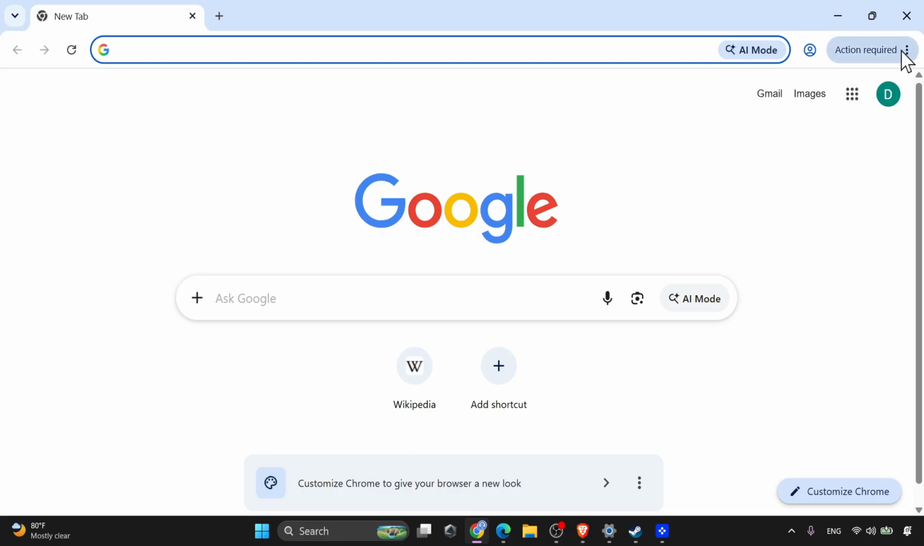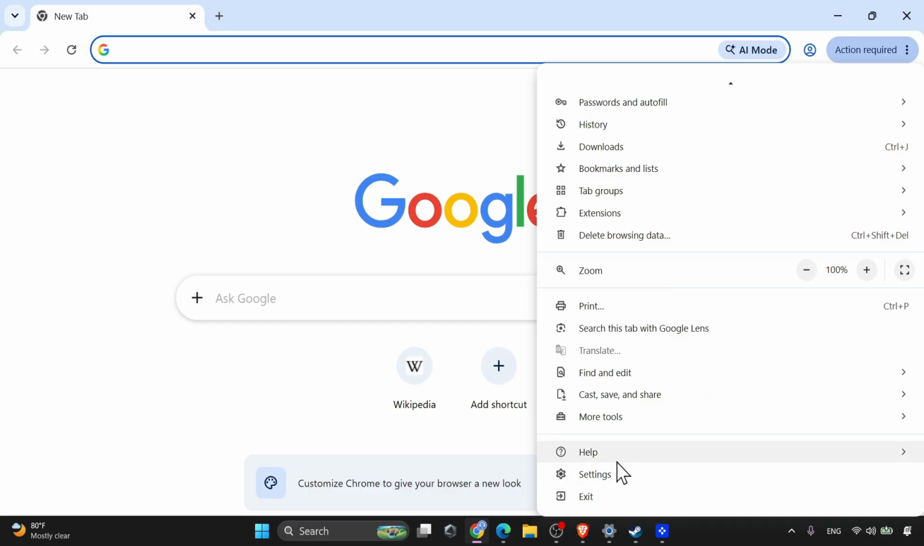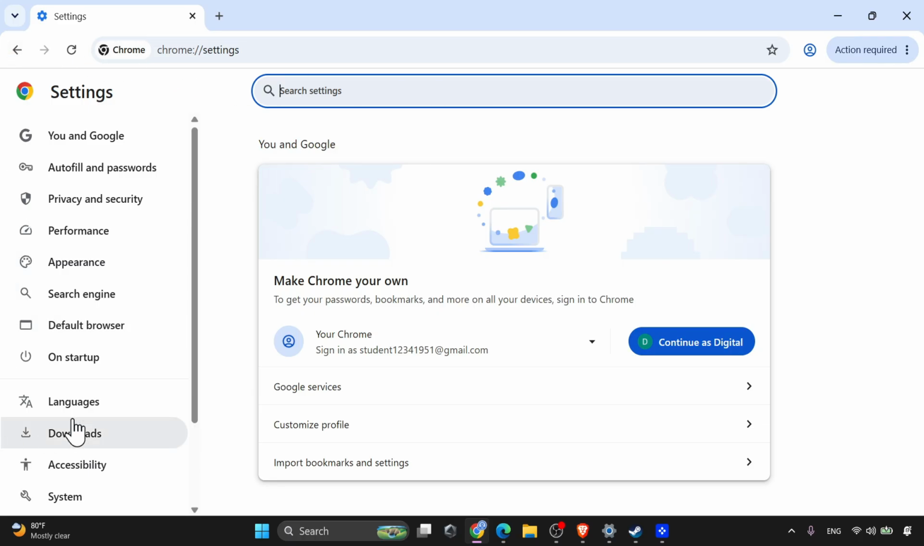So first, you need to go to the three dots on the top right of your Google Chrome, and you need to scroll all the way down till you find the settings button on the bottom. Now the settings will open, and you will find on the left hand side all the settings sections as seen